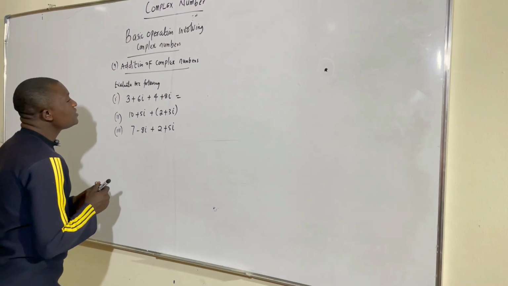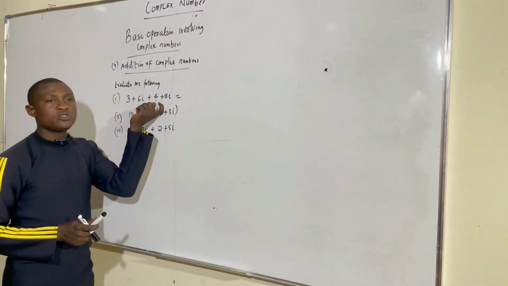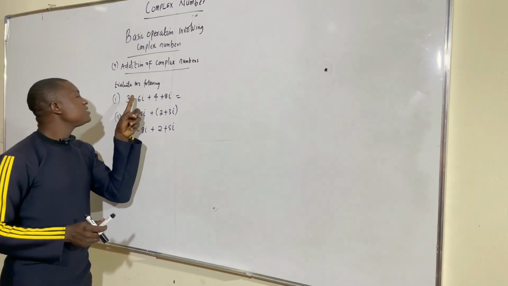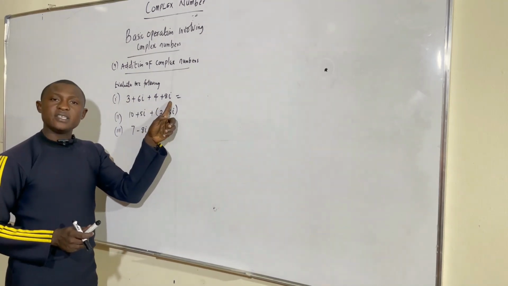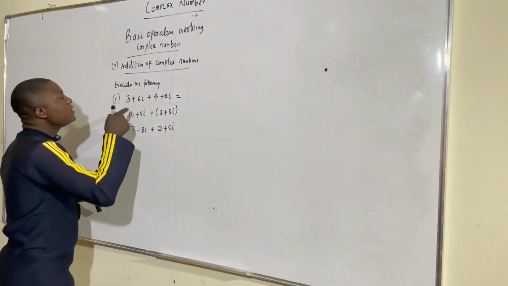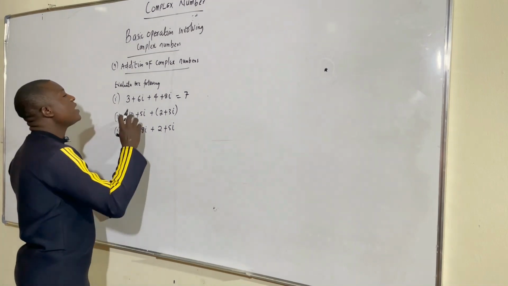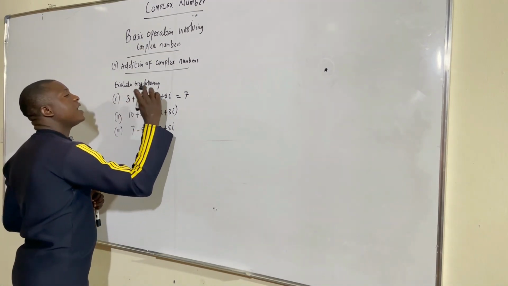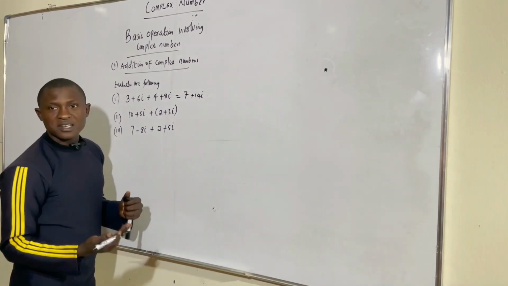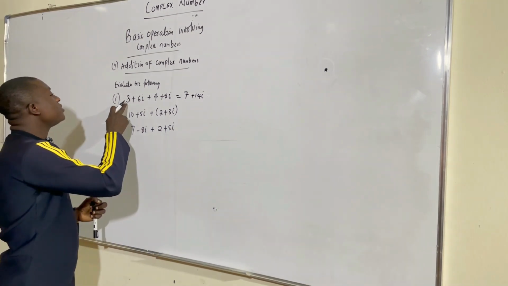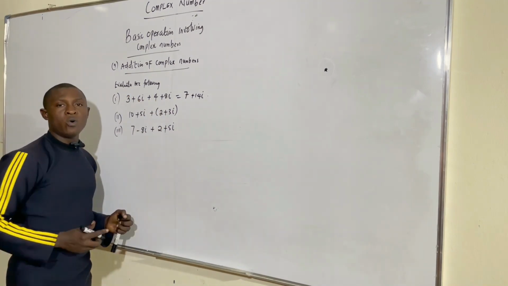Now, you see, the real number we have here is 3, and the real number here is also 4. That means 3 and 4 are the real numbers. 6i and 8i are the imaginary numbers here. So if I have 3 plus 4, we can have 7. Then if I have 6i plus 8i, of course, that can be 14i. That's all. You can see I just match real numbers for the real numbers, as well as imaginary numbers for imaginary